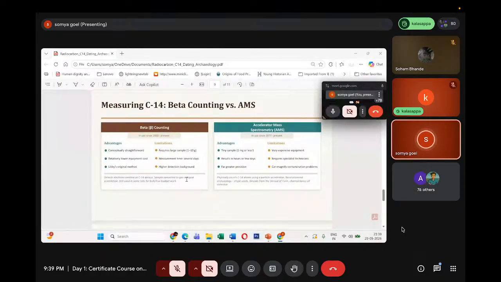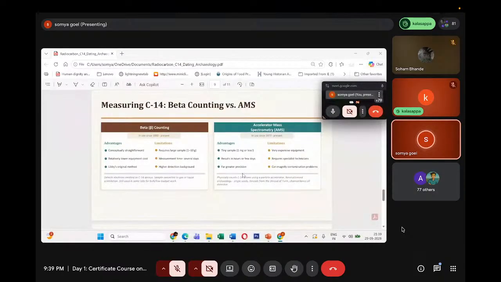For the plus minus that we talked about earlier, it could be plus minus 150, it could be plus minus 200. But for AMS, the precision is only about plus minus 20 to 30 in good conditions,